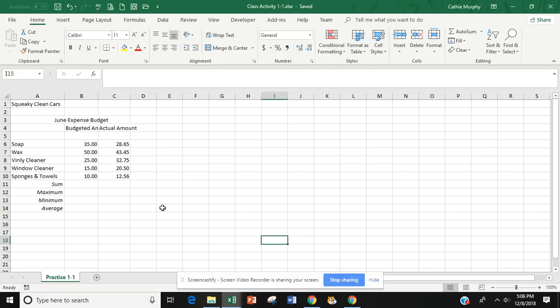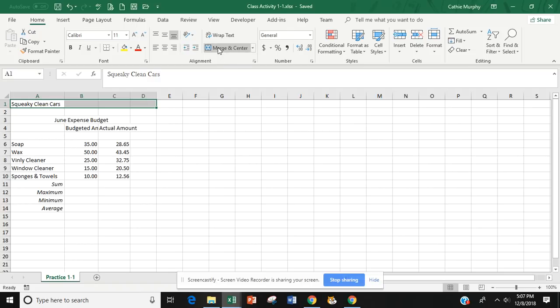Right, the first thing we're going to do is we're going to learn how to merge cells, M-E-R-G-E. I'm going to go up to A1. This is the title of my document, so I am going to merge that so it goes all the way across to column D1. So A1 to D1. I'm going to do that by putting my single left click on A1, and then see how I have the solid or the 4 cross. Then I'm just going to drag that across,